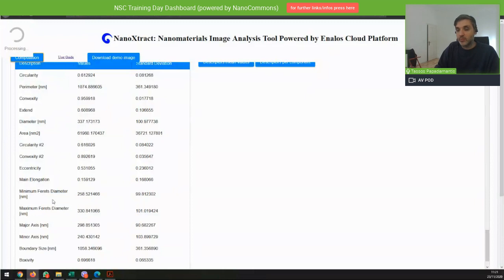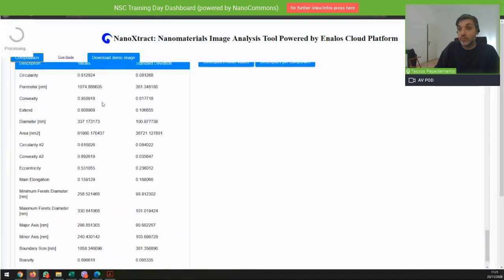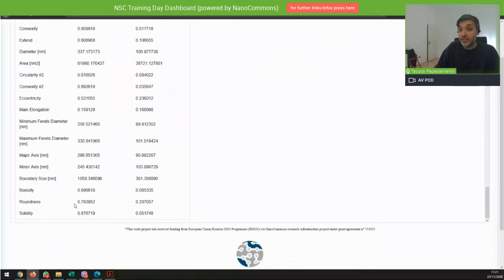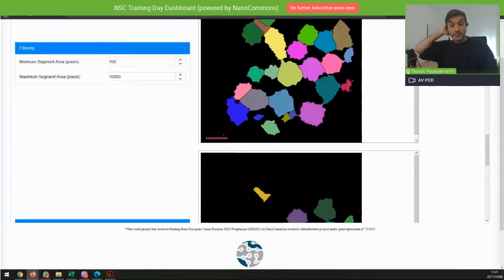the minimum and maximum for its diameter, which is the longest and the shortest distance between the boundaries of the nanomaterials, and also the good thing is that you can get a good estimate of the perimeter and the roughness, roundness, and so on. So these are the examples I would like to run to begin with when it comes to the pre-made images, complex images, before going down to the images that you have uploaded.